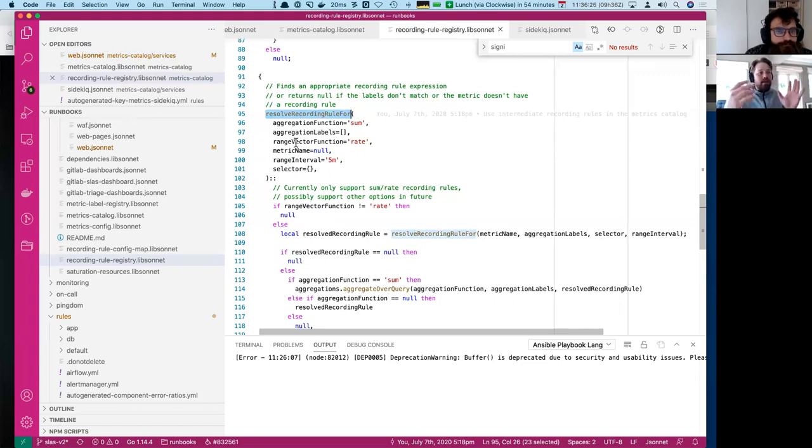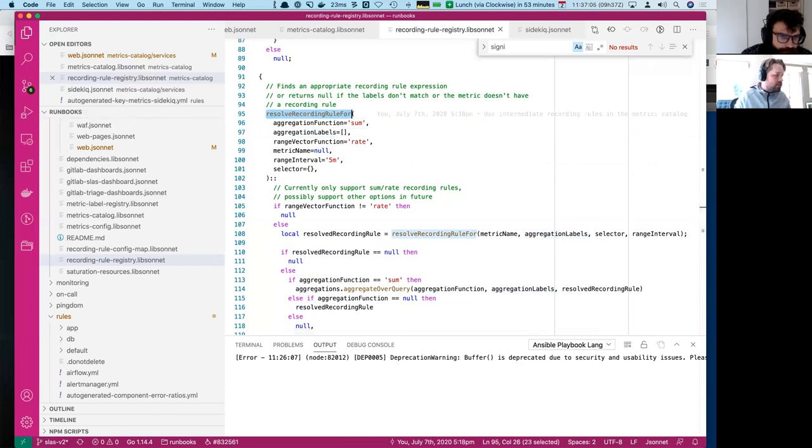It also validates that the labels you're using in the selector and the aggregator are a subset of the labels it's using on the recording rule, contained within them. And the range vector and the aggregation function have to match, and be ones you have recording rules for. The labels come from the selector and the aggregation labels. So if you go look at how this gets used,